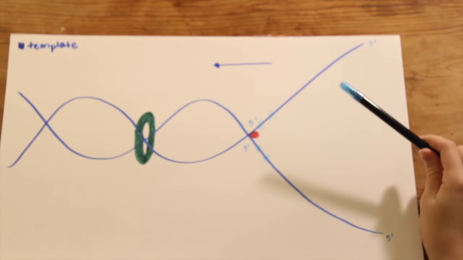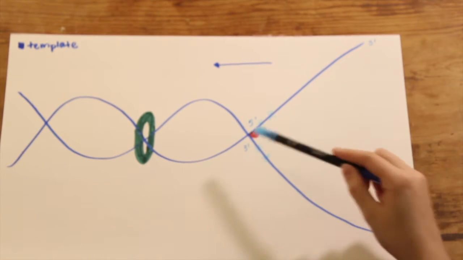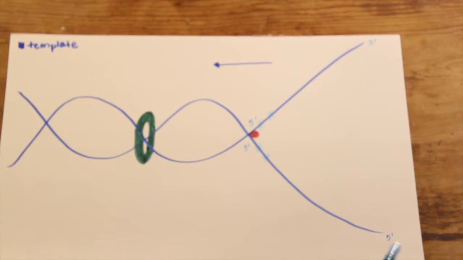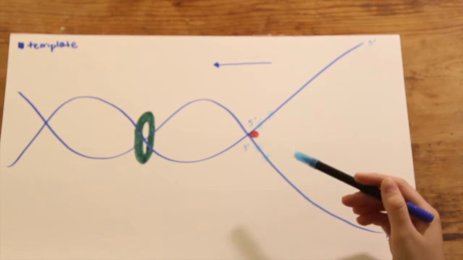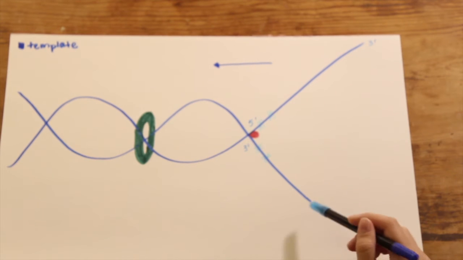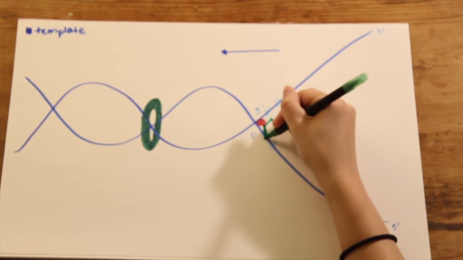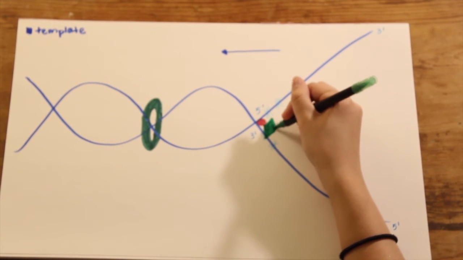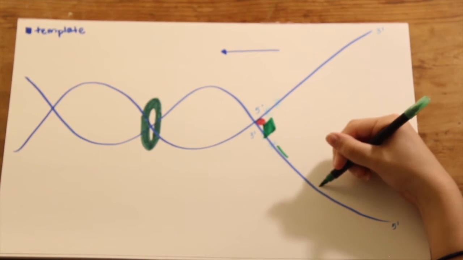DNA synthesis always happens in the 5' to 3' direction, which means that this top strand of new DNA will be synthesized towards the replication fork, and the bottom has to be synthesized moving away from the fork. This means that the top strand can be synthesized continuously, making it what's called the leading strand, but the bottom strand will have interruptions in synthesis because it's moving in the opposite direction as the replication fork. So this one's what's called the lagging strand. The new short segments of DNA that are formed by this discontinuous process are called Okazaki fragments.